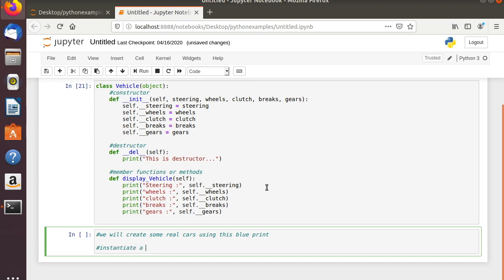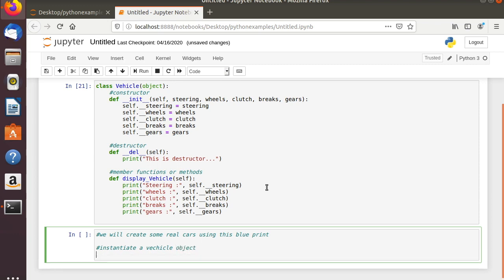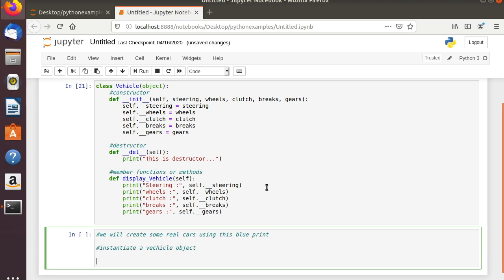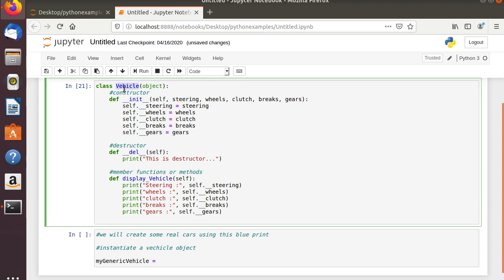Instantiate a vehicle object. This will be a generic vehicle. Suppose my object is generic_vehicle, equals to, then use this class name,